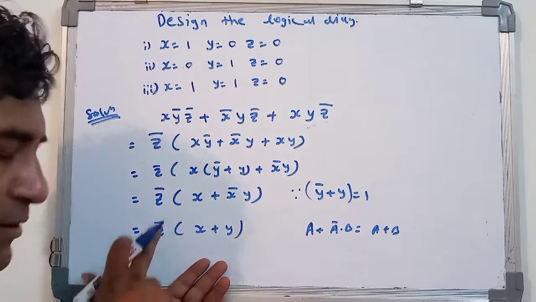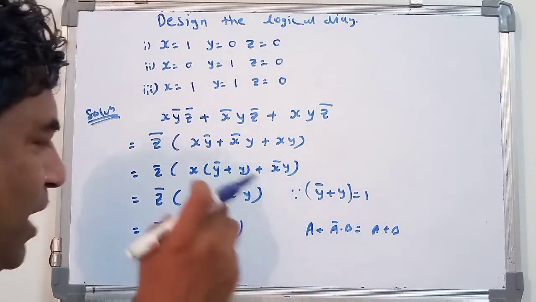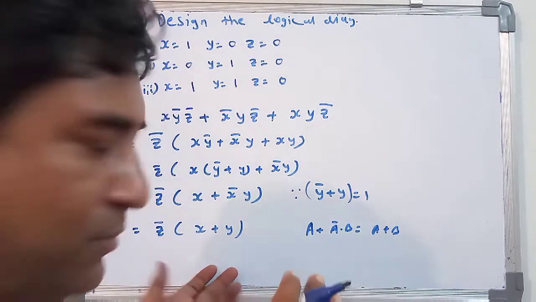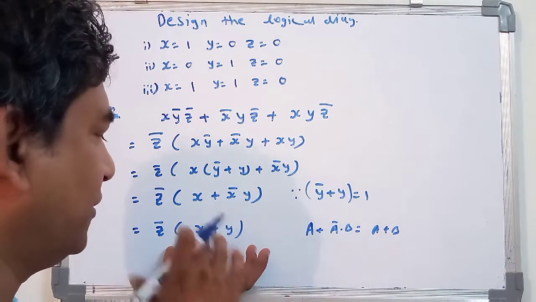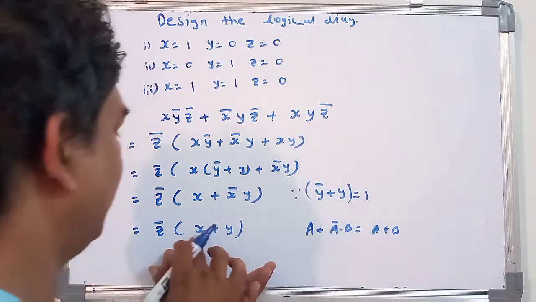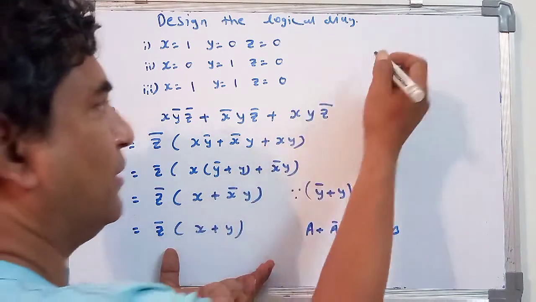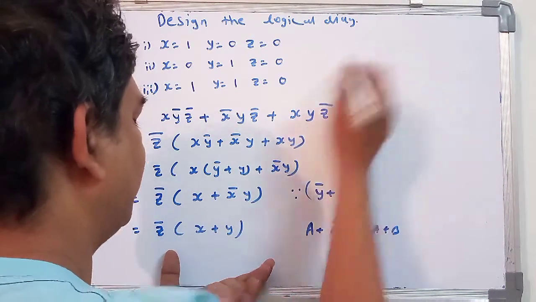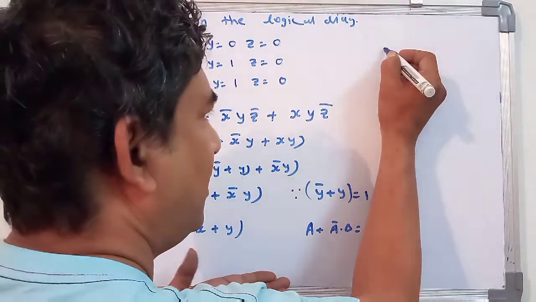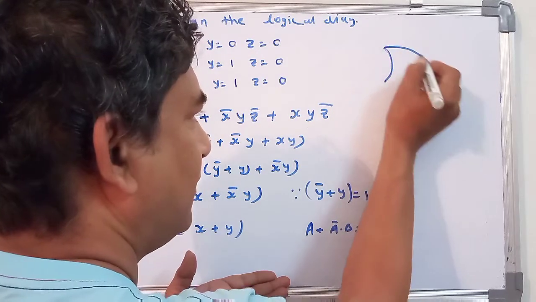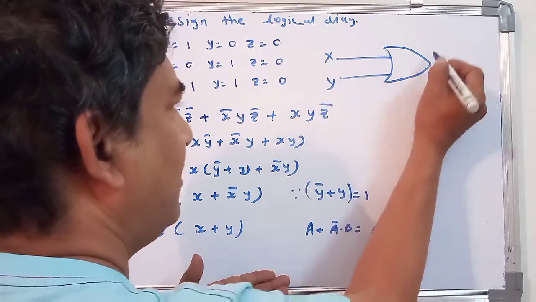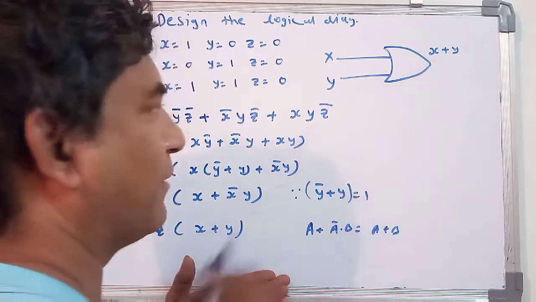Again the z bar, again the third variable. So by observing this output, you have to draw the logical equation diagram. Consider first the bracket has to be solved. The bracket consists of x plus y, which means directly we are getting the OR. This is the symbol for the OR, so we write down the values x and y, since here you will be obtaining the x plus y.